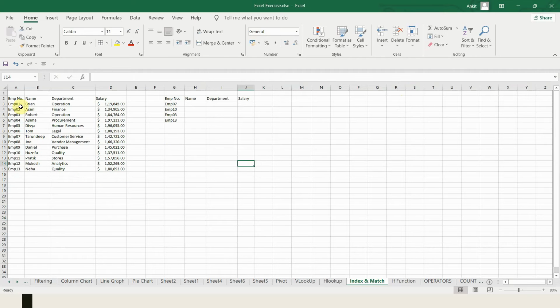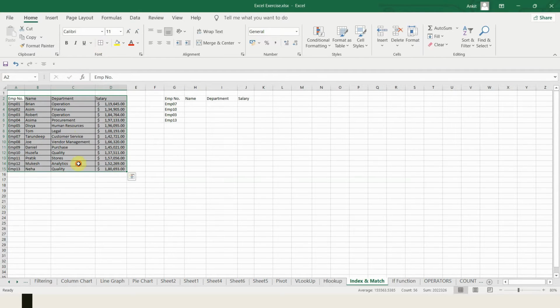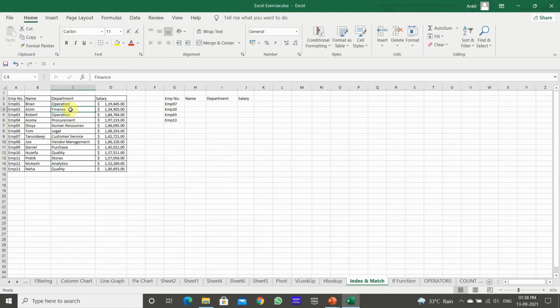This is the table which is given to us. I want to return the value of Finance from the given table. For this table, this is row 1, row 2, row 3, row 4, and the columns are 1, 2, 3, 4.